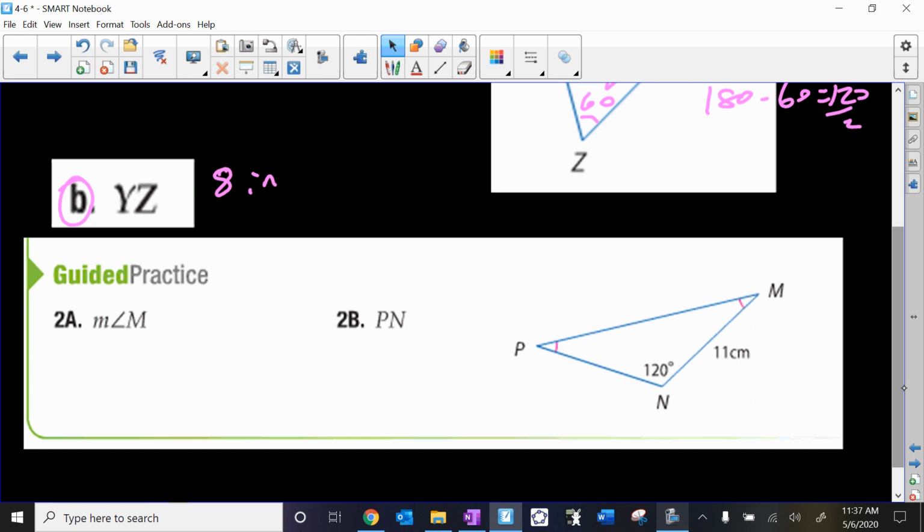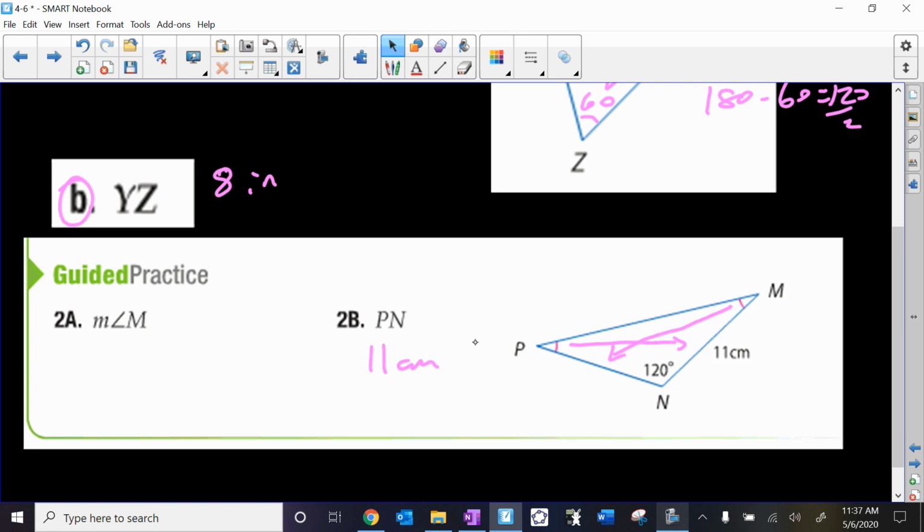Coming down to this bottom one, 2a, it wants us to find the measure of angle M and PN. Well, this one we can definitely tell is not equilateral or equiangular. PM is quite a bit longer than the other side lengths. So we're going to start with PN. PN should be congruent to NM because the angles across are congruent, which means that this is going to be